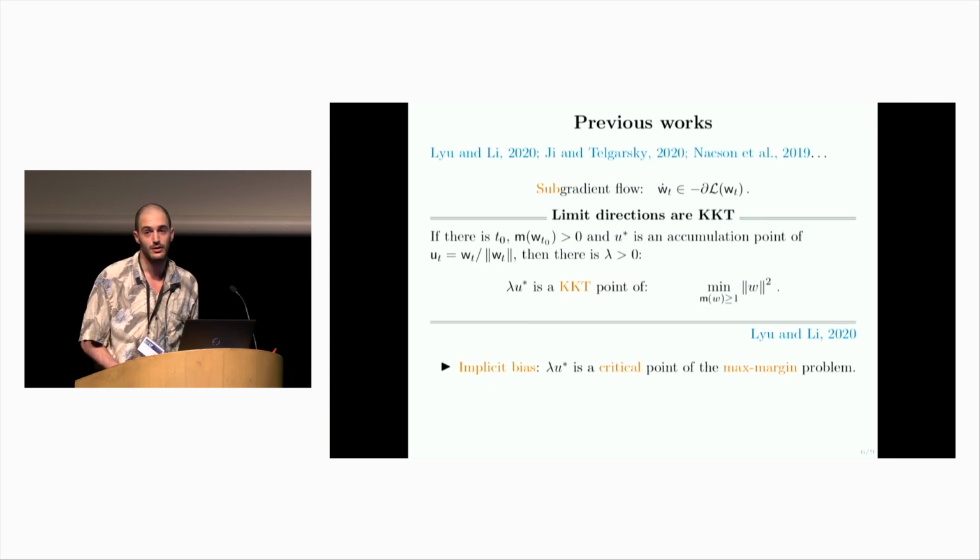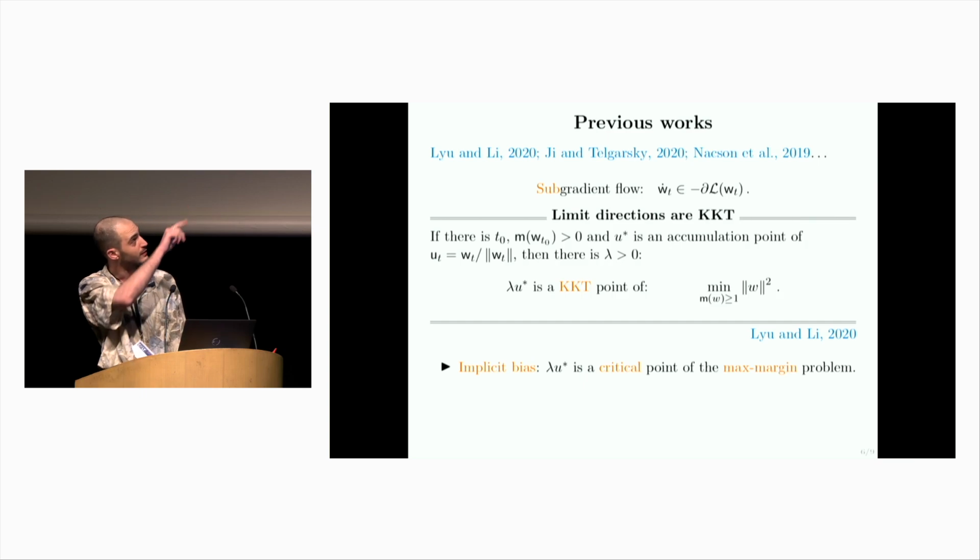Of course, we are not the first to look at this setting. There are many different works that I list here, and many of them are cited in the paper. But mostly, we are trying to generalize the work of Lyu and Li, who considered not an algorithm but the subgradient flow, the continuous-time approximation of subgradient descent. So you look at the trajectory of the subgradient flow. One of their main theorems tells us that if at some point this trajectory correctly classifies the data, which means that the margin is strictly positive,